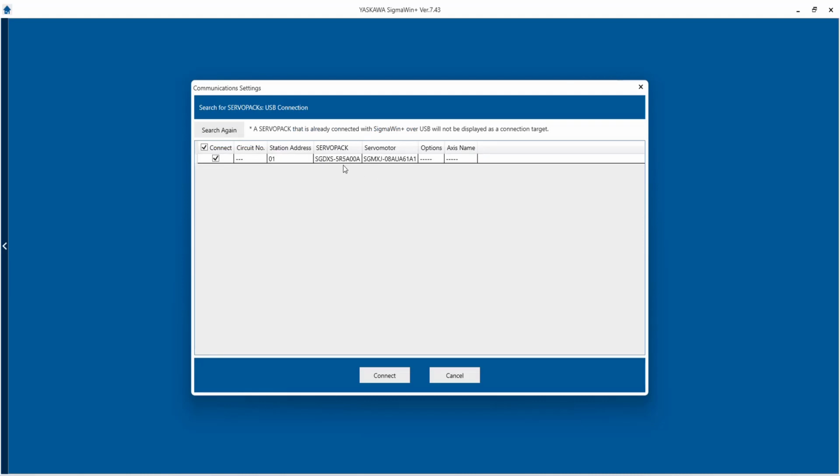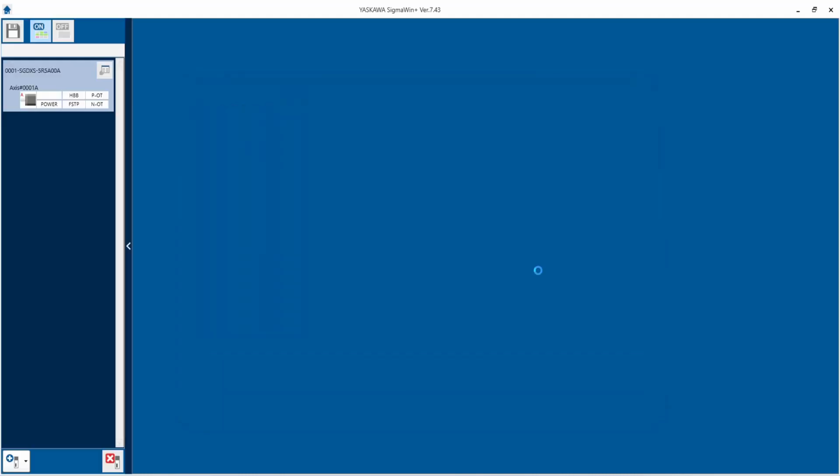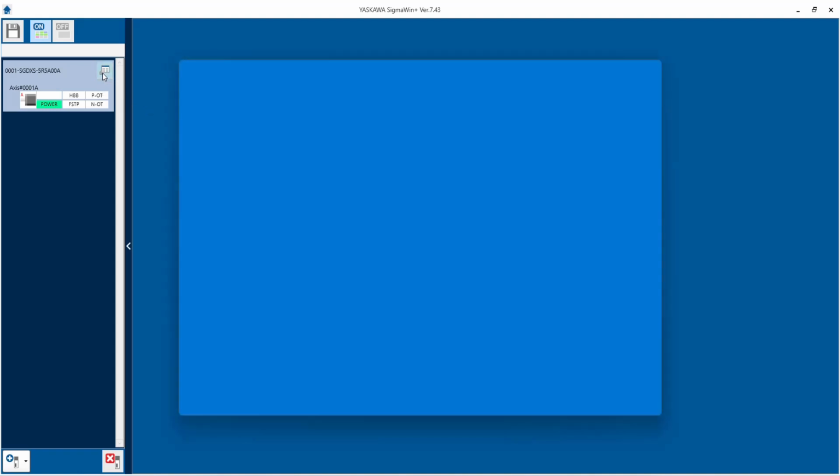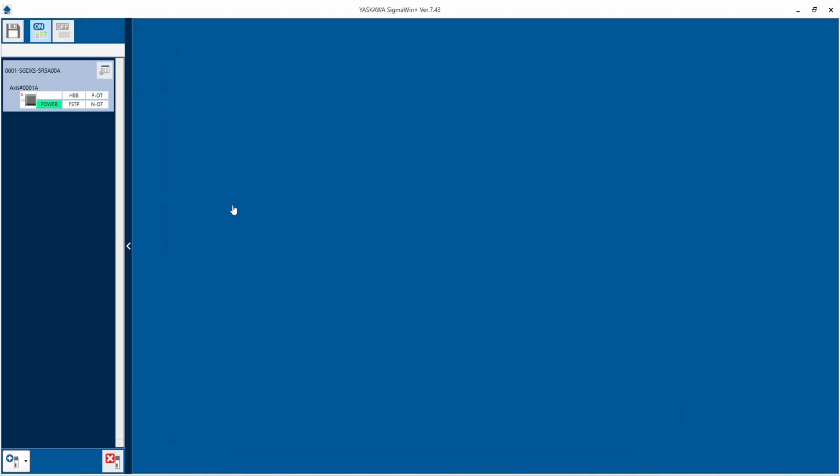So now I found the drive and motor. Click on this and click connect. So now communication is established. So now we try to do the basic parameters. Click on menu, go to edit parameters,